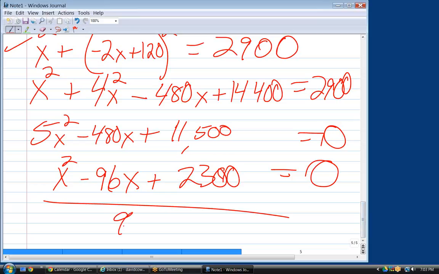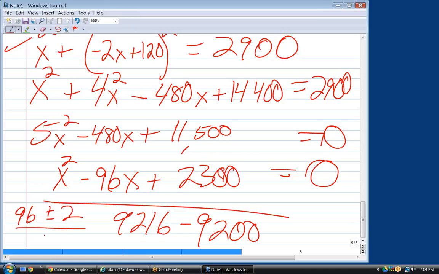So 9,216 minus 4AC, which is 9,200. That gives you a discriminant of 4. So my answer is 96 plus or minus 2, all divided by 2. So my two factors must be